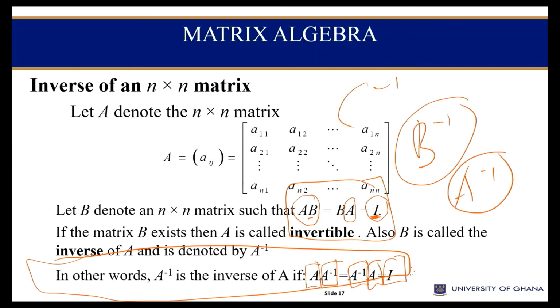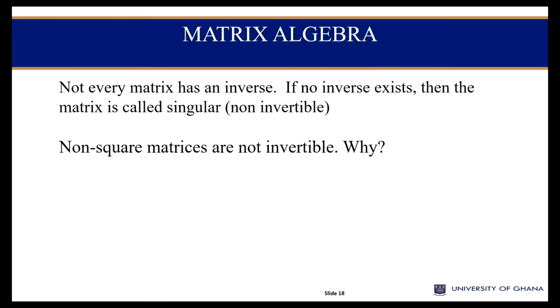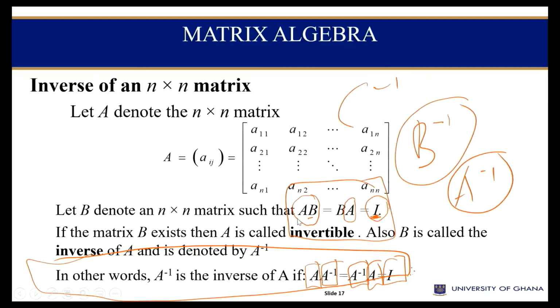Good. I have a question here to say that not every matrix has an inverse. If no inverse exists, then the matrix is called singular or non-invertible. Then my question is that non-square matrices are not invertible. Why? Remember that if I'm